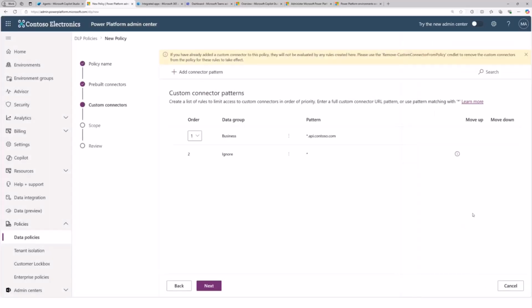So you can save it, right? And anything which is not there will be ignored. You can also have a pattern for custom connectors, and depending on the API that the custom connector is pointing to, it will be classified as such.